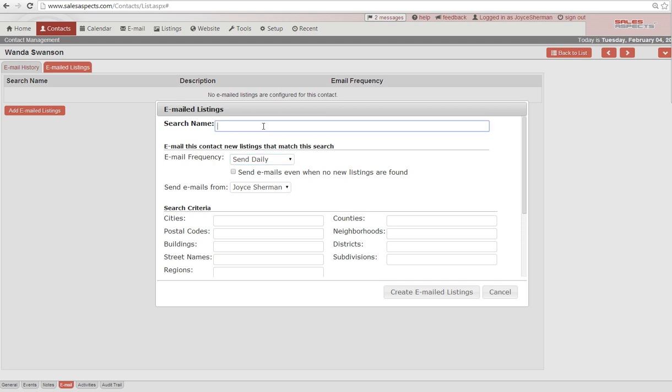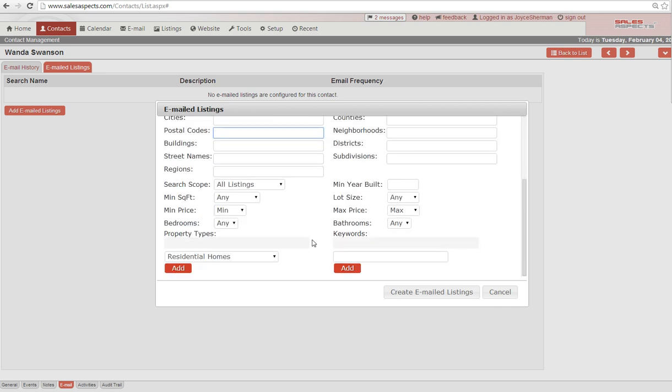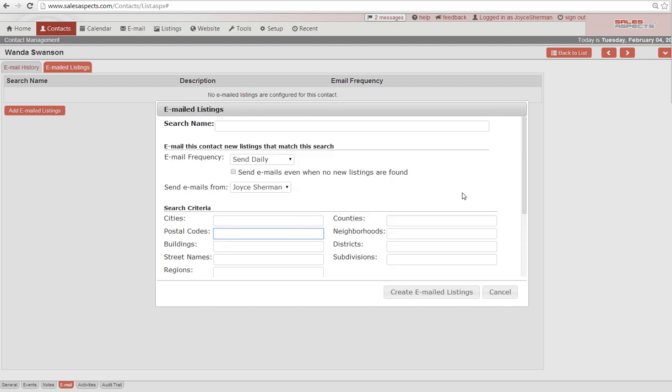Give it a search name, put in the city or the postal code or neighborhood, and send it out once a day. And now all of a sudden you are sending inventory on a recurring basis to your clients through your website,